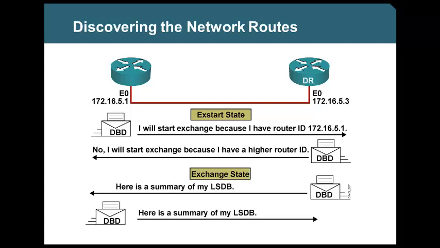So here they are not discussing more deeply about those elections like master-slave or DR-BDR, because here they are trying to explain different states, that's all. But what actually happens in the start state is a router will be elected as a master, another router will be slave if it is a point-to-point serial link. If it is a multi-point broadcast link, LAN link like Ethernet,